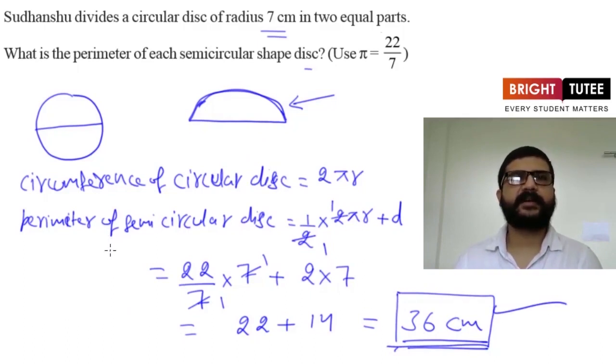So in this session we have learned how to find the distance around a circular region, and the distance is known as the circumference of the circle, or we can call it the perimeter of the circle as well. So this is how we find the circumference of a circle. We just use the formula 2 pi r, where r is the radius and pi is a constant, which is approximately equal to 22 upon 7 or 3.14.